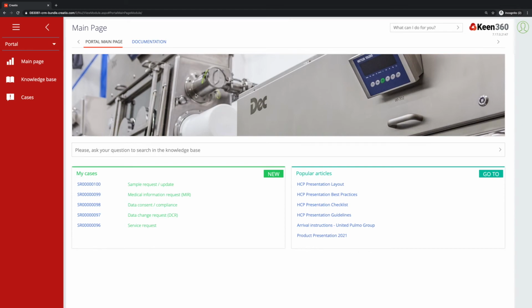So this is the portal functionality for a stakeholder group, HCPs, that we want to allow to come to us and make requests or update data. That's what the self-service portal is. For the HCP SSP, that is available. Again, pretty straightforward. If the HCP has come to the site and made sample requests for e-sampling, maybe of their own initiative submitted information requests to the medical team, the MSLs,